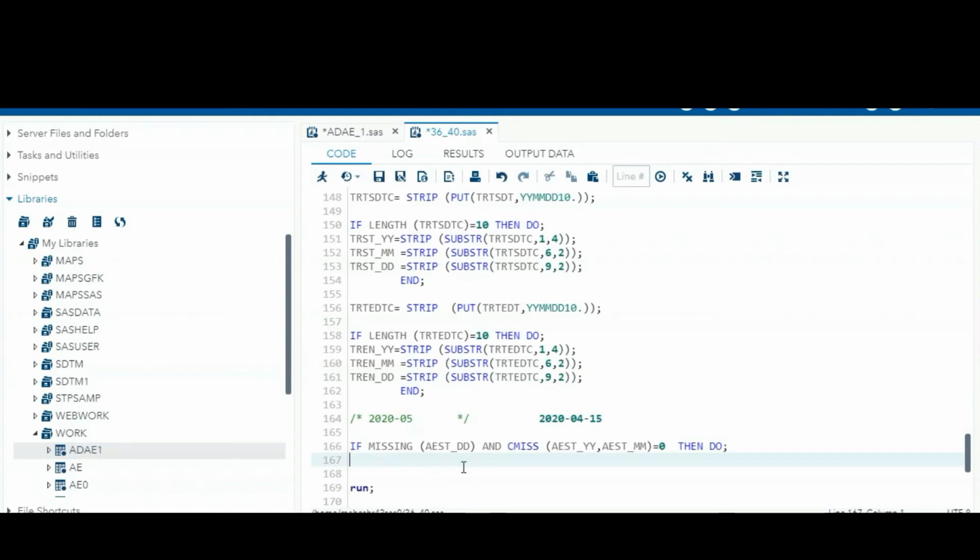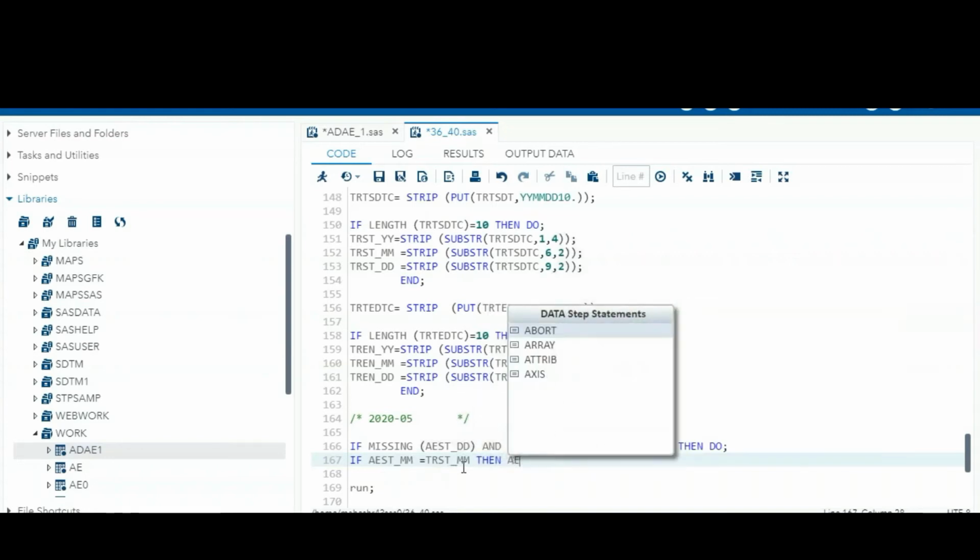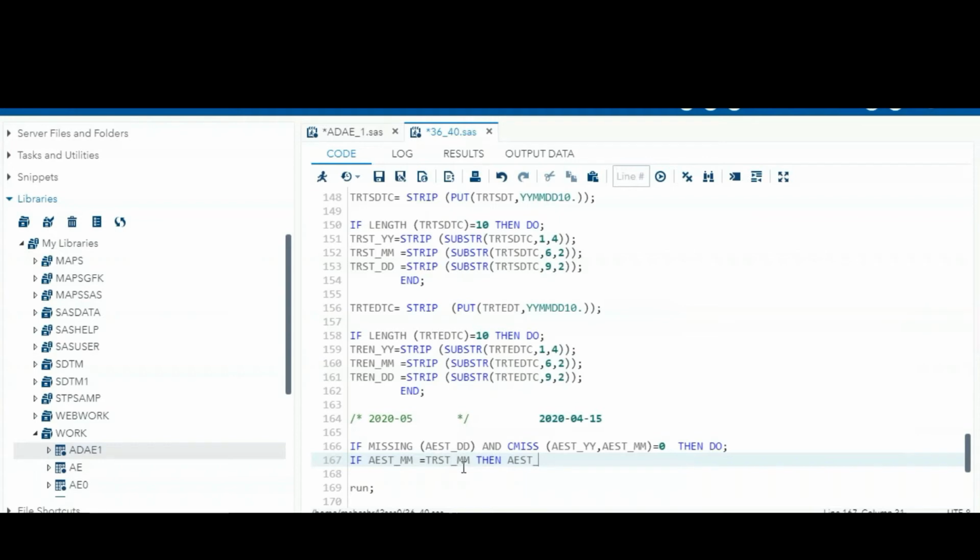If the AE start month part is equal to the TRST month part, then the AESTDD is TRSTDD, so we have to replace this day part here. If the month is equal, then we have to replace the 15 from there to here.